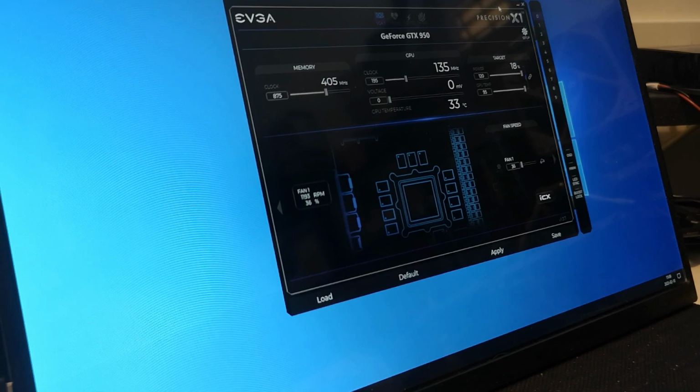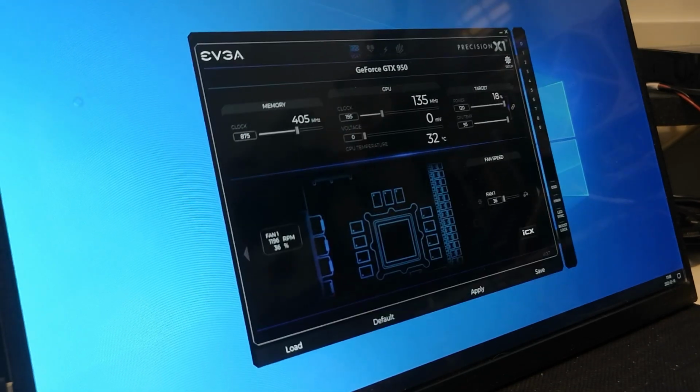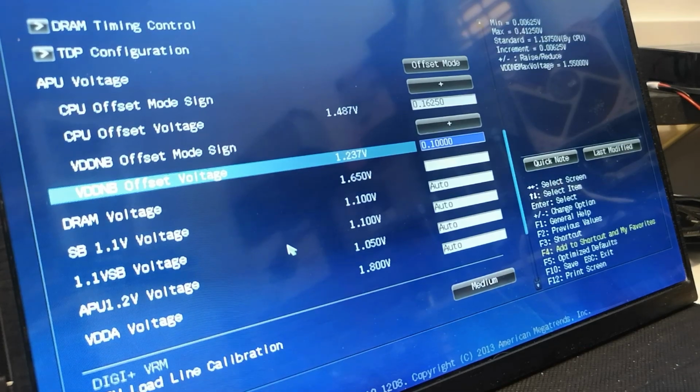But it's sort of behaving a bit strange. I don't see any icons. We got the precision, but yeah, the icons are not loading. Yeah, this is not a sign of stability, at least. So I shall try to get back into BIOS. Okay, so yeah,